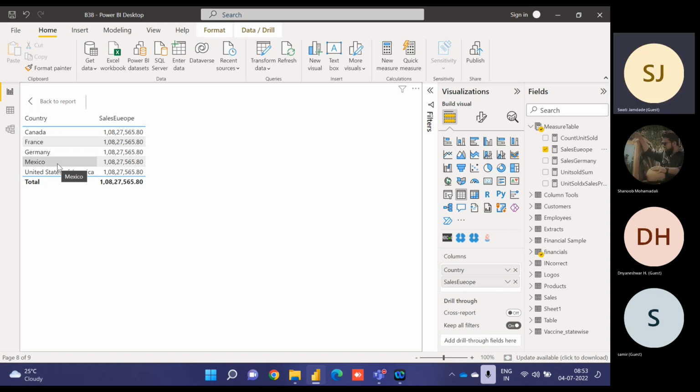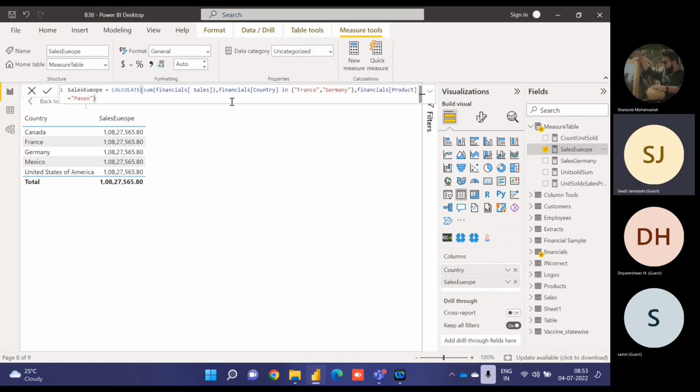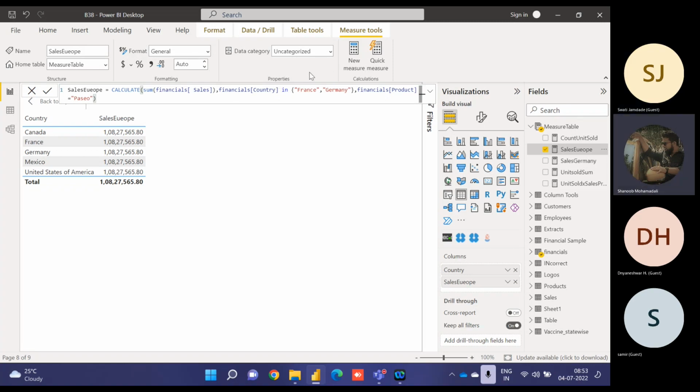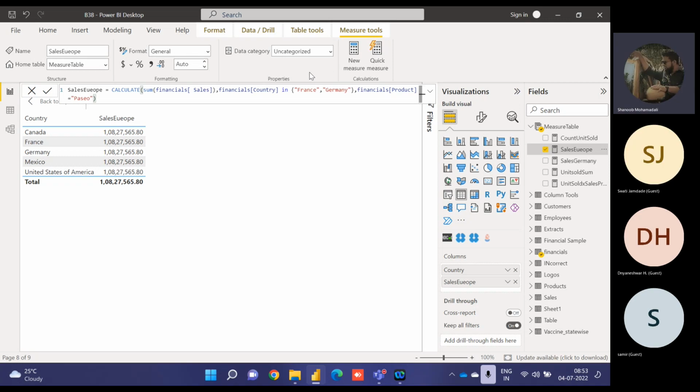सर मुझे कैलकुलेट का फंक्शन एक बार दिखाइए। कैलकुलेट का फंक्शन आपको देखना है? हाँ सर, यहाँ पे कैलकुलेट कर रहा है, वो सेल्स का सम कर रहा है, कंट्री का। फ्रांस और जर्मनी को सिर्फ सेलेक्ट किया है, यहाँ पे फिल्टर लगाया है? हाँ, यहाँ पे फिल्टर लगाया है, प्लस ये प्रोडक्ट का भी। मैंने कोई फिल्टर फंक्शन नहीं लगाया है।